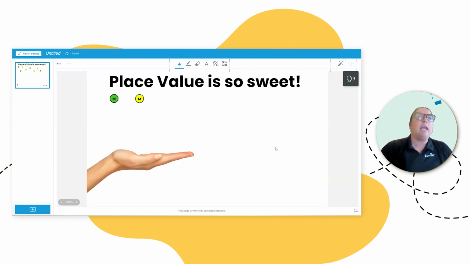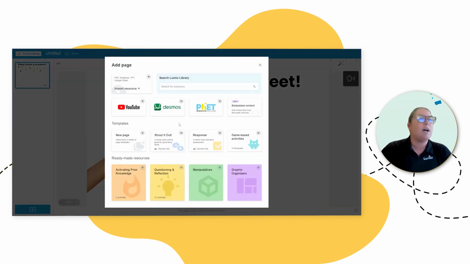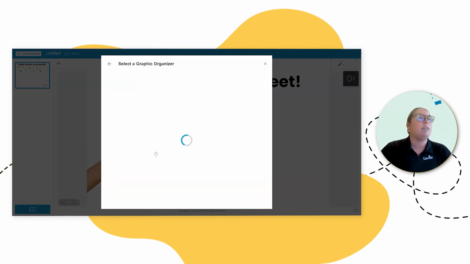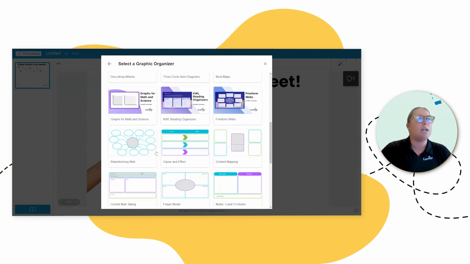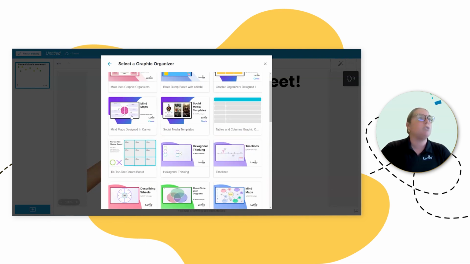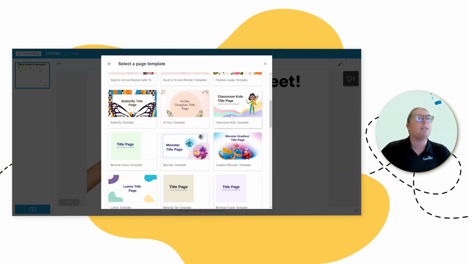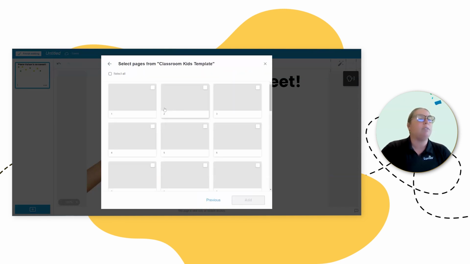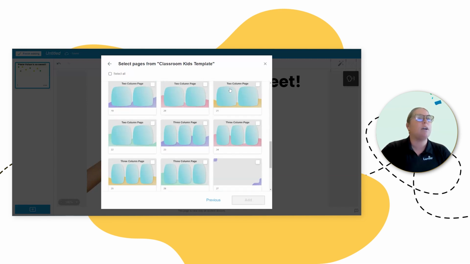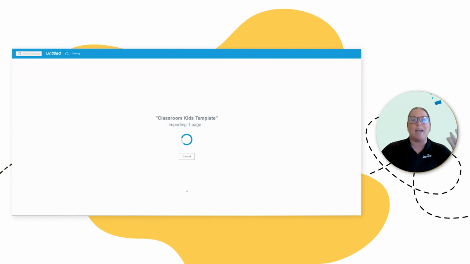All right, and then finally, let's do just two more here, the graphic organizer real fast, and the ranking game. So in the plus sign, I can keep adding to my slides. I have graphic organizers here. This is where I found my 2-column organizer. You also could always just go to templates here. And in one of these templates, I think I said classroom kids, I found that 2-column organizer. There it was, all different colors. And I just brought one in and added some text to it.